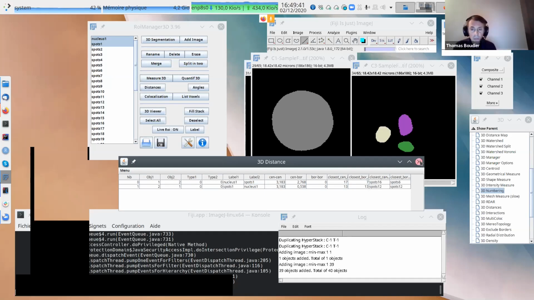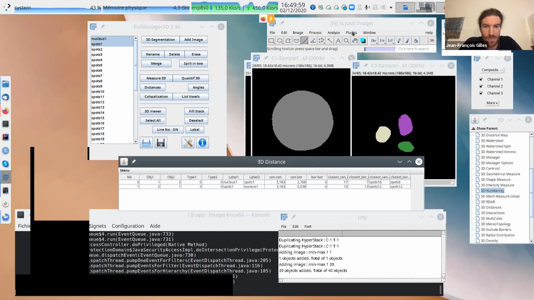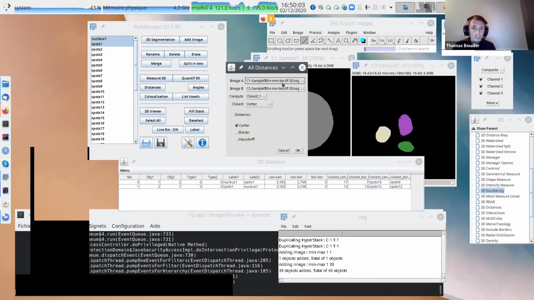You can do a bit more, but the minimum distances are with the border. When we say border, that means the border of the object, so of course the minimum distance. You have the same thing in the plugin 3D distances.